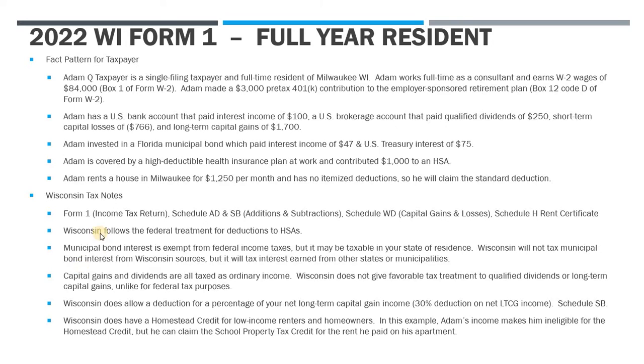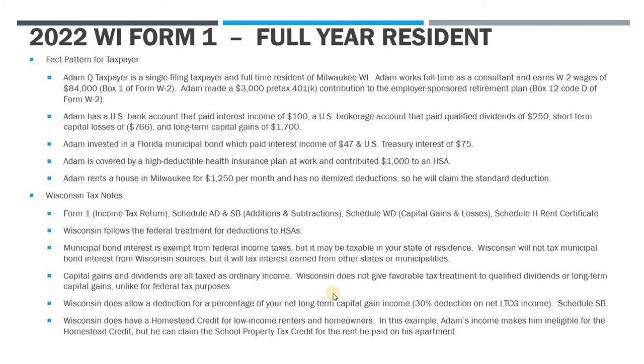Now, just some notes here to highlight for Wisconsin. So Wisconsin follows the federal tax treatment for HSA deductions, right? And that's in contrast to some states which don't allow you to deduct the contributions to your HSA, so you have to have that added back. Wisconsin follows the same treatment, so no issues there. Municipal bond interest, so he's got that $47 of Florida municipal bond interest, which will be taxable in Wisconsin. And capital gains and dividends are all taxed as ordinary income, so there's no distinction between qualified versus non-qualified dividends, short-term, long-term